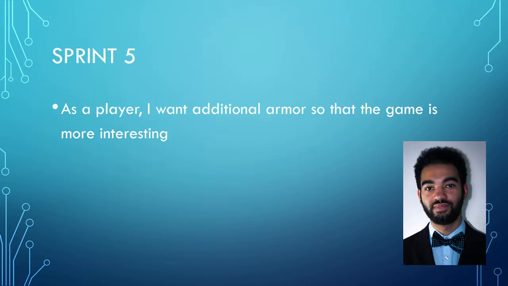For Sprint 5, my user story was, as a player, I want additional armor so that the game is more interesting. For this one, there was not a whole lot to create a diagram for. There was really only one function, and the function basically randomizes the locations of items, and the algorithm also checks